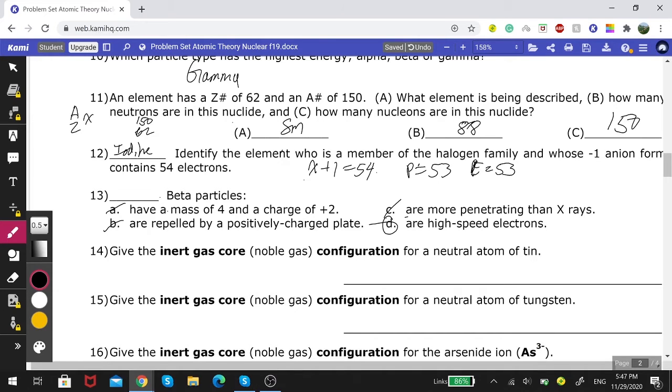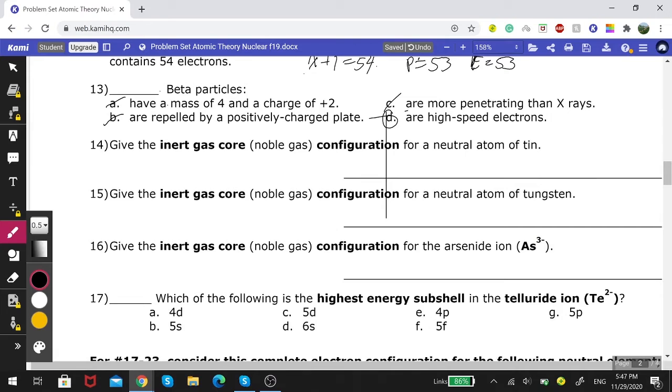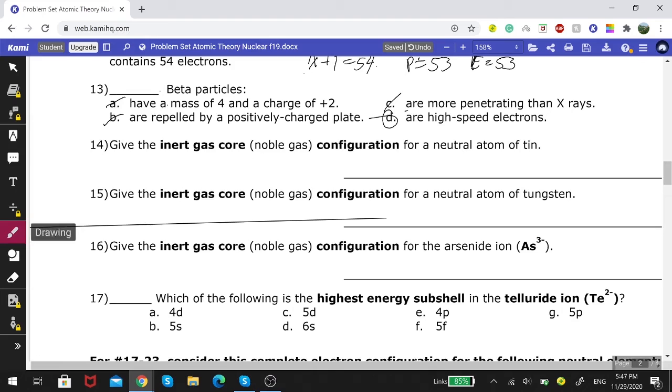Noble gas form for tin. Tin is Sn, I think. Tin is Sn. Okay, number 50. Oh, it's pretty long. Alright, that's why they told us to use noble gas notation. Great. So go up one, go to the side, it's Kr. Kr, 1, 2, 3, 4, 5s2, 4d10,